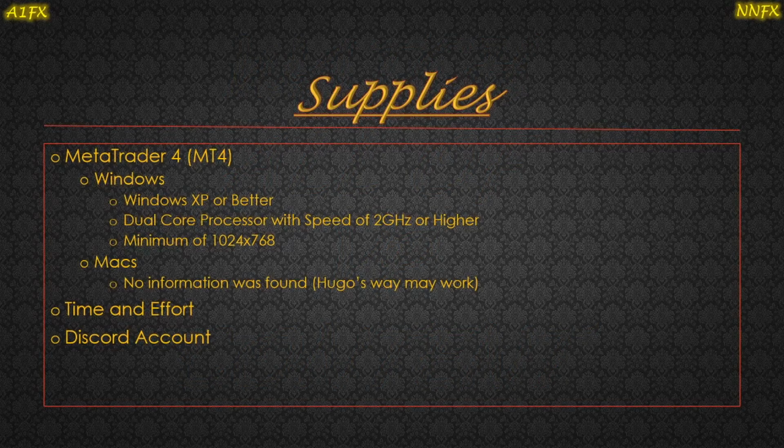Next, let's just talk about the overall supplies that you would need to trade Forex. This is not necessarily for no nonsense Forex, it's just Forex in general. What I prefer is that you get MT4 or MetaTrader 4, and for Windows, as you can see, you need Windows XP or better, dual core process with speeds of 2 GHz or higher, and a minimum of a 1024 by 768 resolution. And now for Macs, I currently use a Windows laptop, so I don't have any Mac experience,